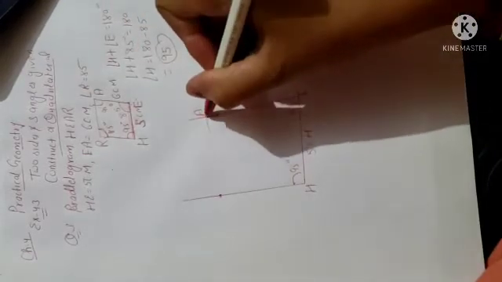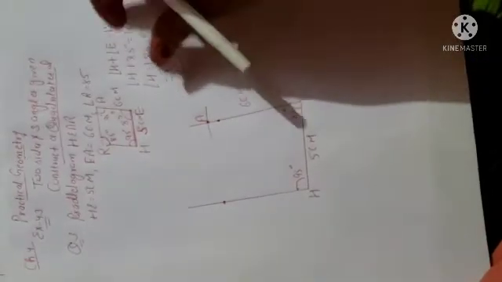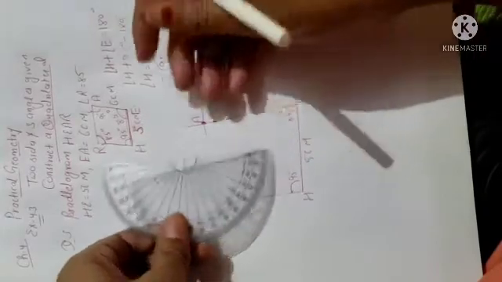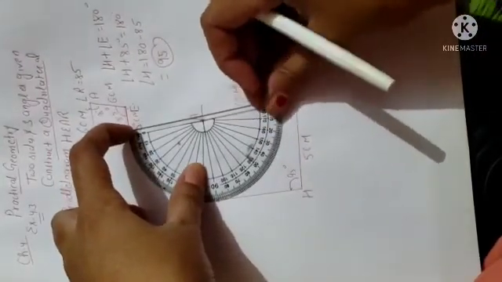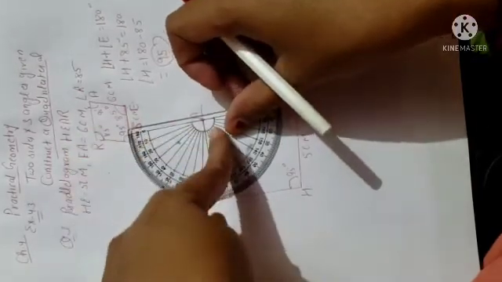Now what can you do? You can make one more angle at angle A and this one will be 95 degrees. So what will you do? You will put, this is point A, so at point A also you will draw the angle 95. So you will put your D exactly at point A like that. Okay, and line is given this one side. So where will be the 95, beta?